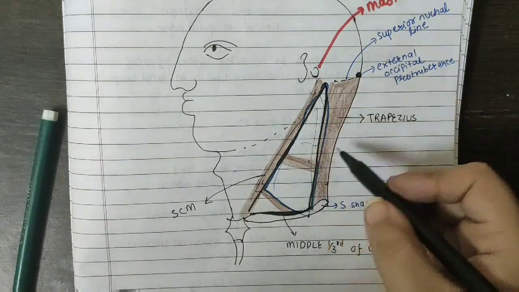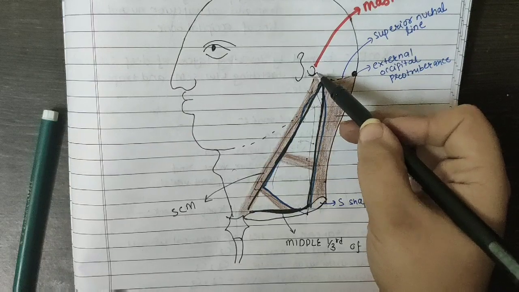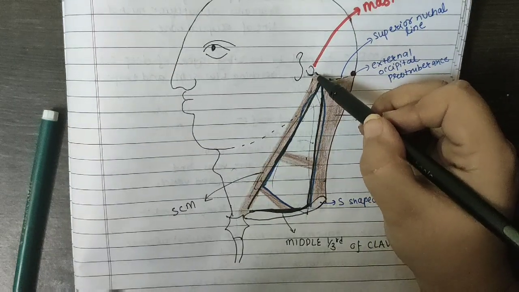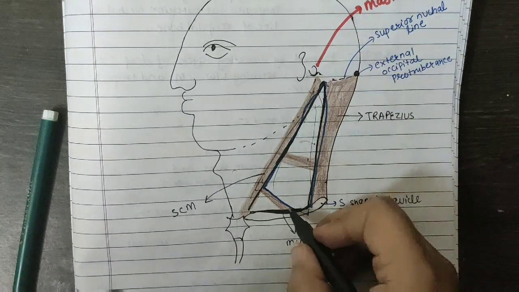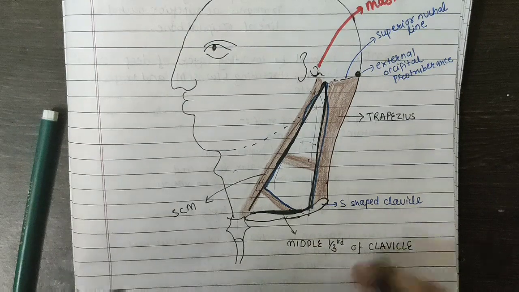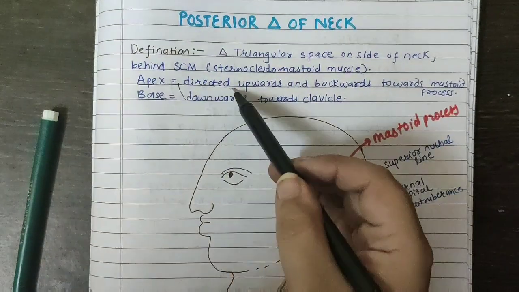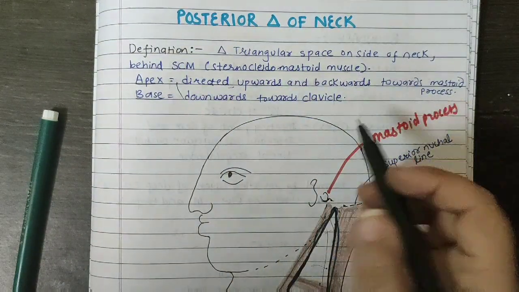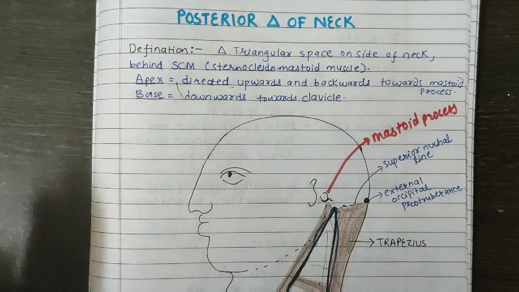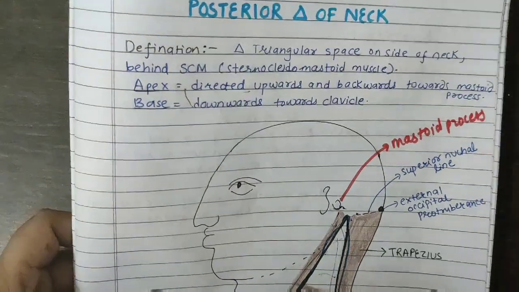Now if you can see in the diagram, the apex is located towards the mastoid process. It is directed upwards and backwards toward the mastoid process, and the base is directed downwards towards the clavicle. So this is the definition and a simple diagram that you have to draw,